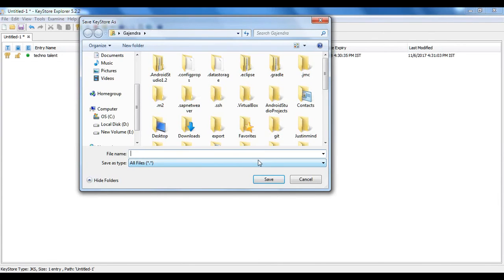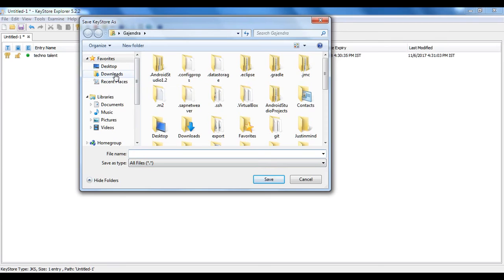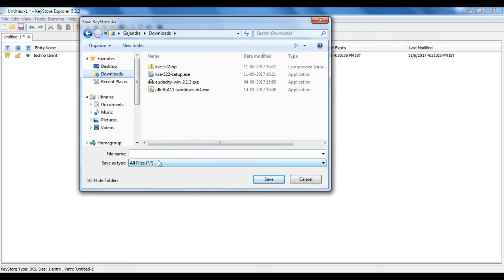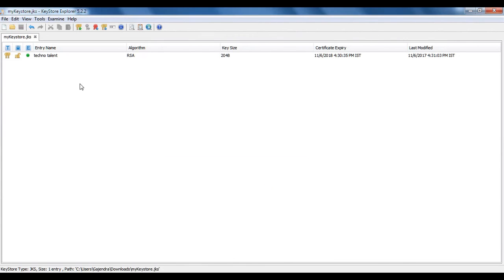Okay, we will keep it in the downloads. My key store.jks. Okay, this is generated.